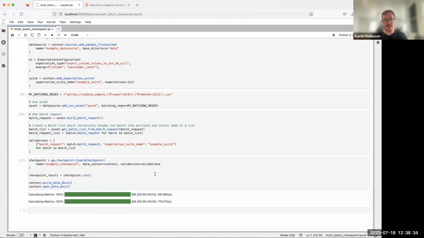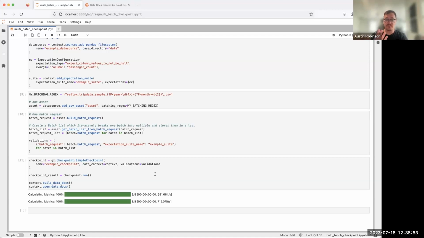Yeah, so that's very dependent on your data source. In this case, we're working with a file system. These are Pandas assets essentially. And so, as is required with Pandas, the data is going to be brought into memory whenever it's validated or operated on.